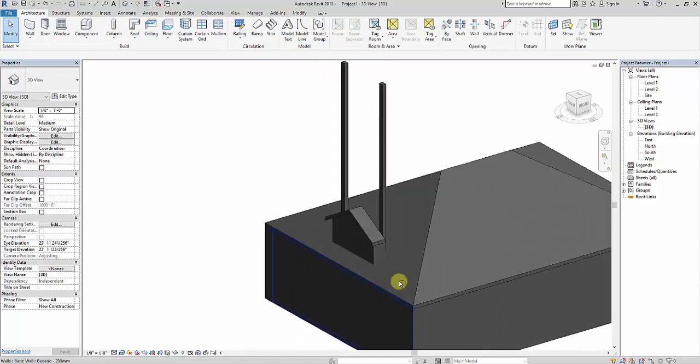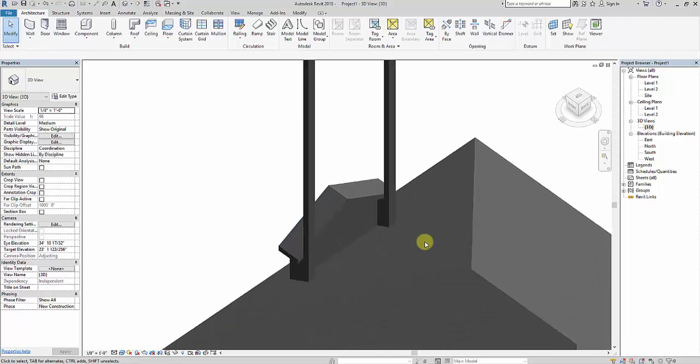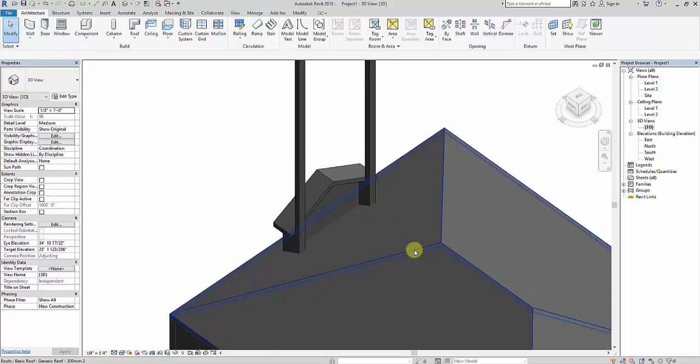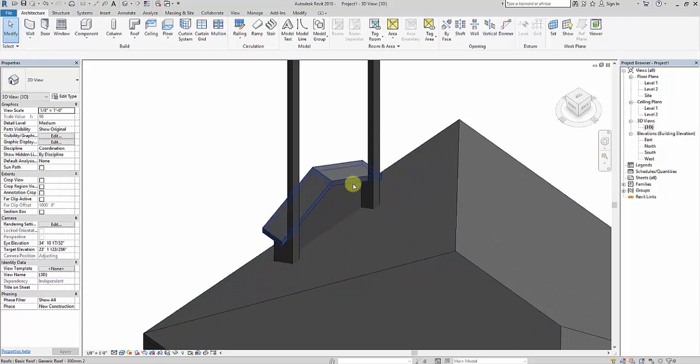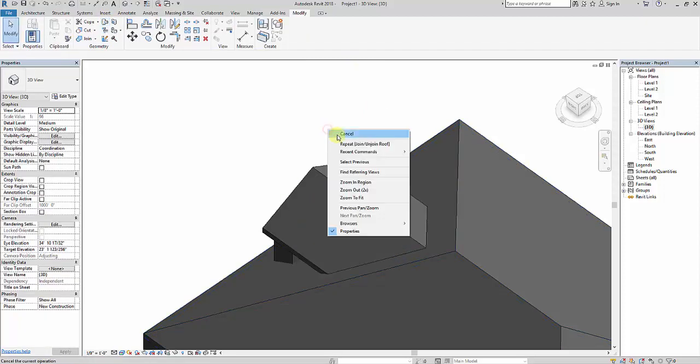Next, this roof I need to attach to this roof here, so I have to join the roofs. First I will set my view in such a way that I can see the front side of the big roof and the back side of the small roof. Next I'll go to modify, and in the geometry panel I'll select join and unjoin roof. Then select the small roof, that is the back side of the small roof, and the front side of the big roof. You can see it got joined.